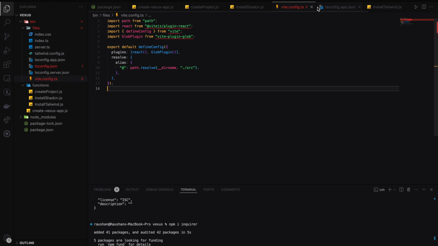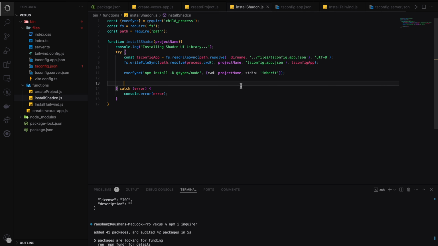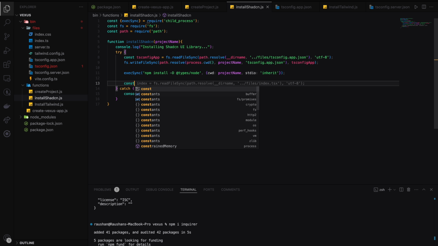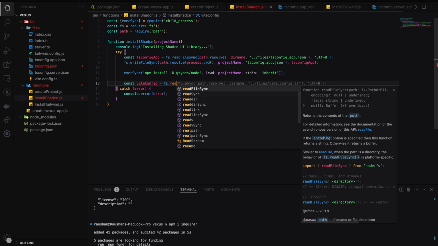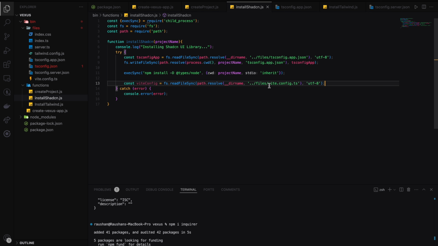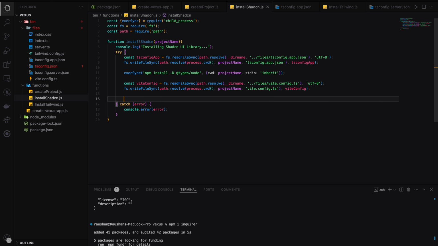Format document if possible, yeah. And yes, so we have to write the vite config as well after installing the types node. So const vite config is equal to fs.readFileSync from the vite.config.ts, and fs.writeFileSync in the project name vite.config.ts. Yes, and then